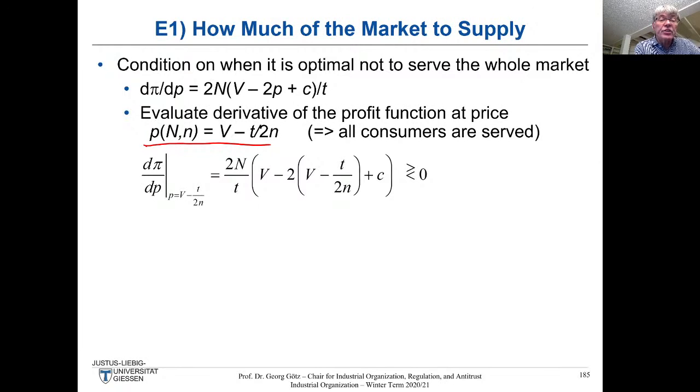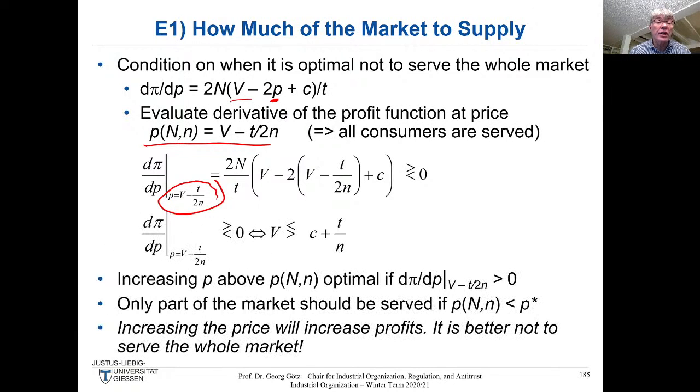So here is our first order condition, and for this price here, we just substitute the price we have if everyone is served. Now, if this first order condition evaluated at this price is greater than zero, it's optimal to increase the price. If it's smaller, it's not good, okay? And in the next line, I just simplified that or put that in other terms. So increasing P above this price where we serve everyone is only optimal if the